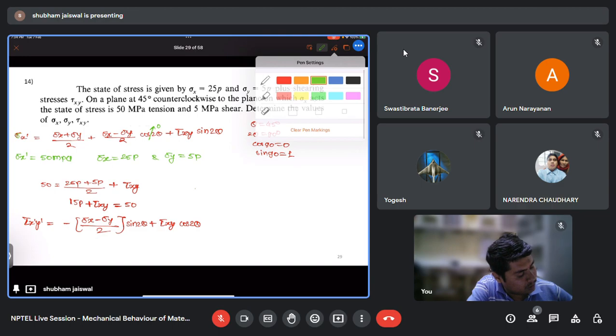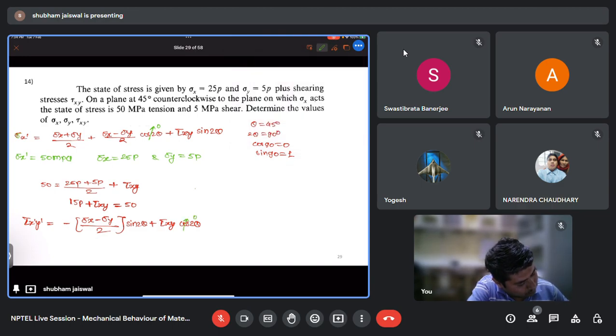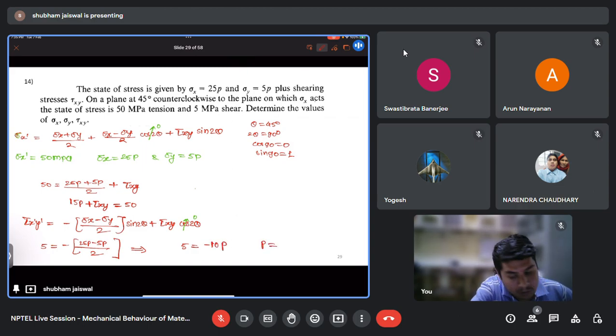So we'll simply put the values, that is tau x prime y prime is given as 5, is minus (25p minus 5p) divided by 2. So we will get 5 is equal to minus 10p, and p is equal to